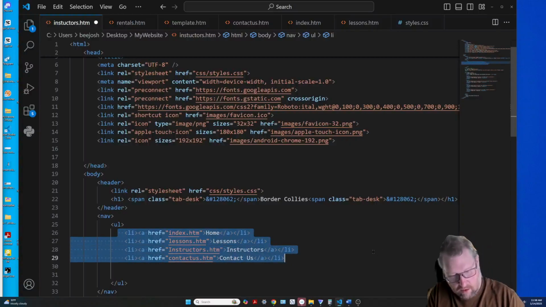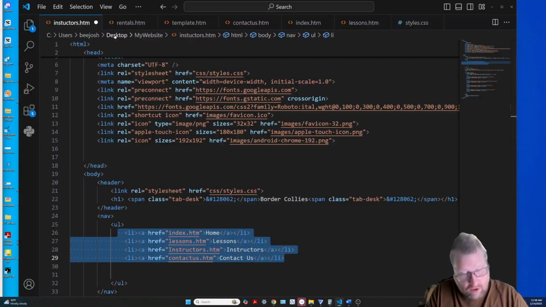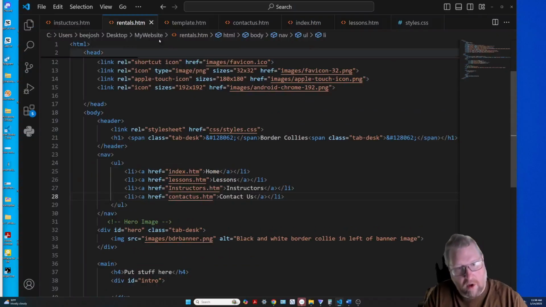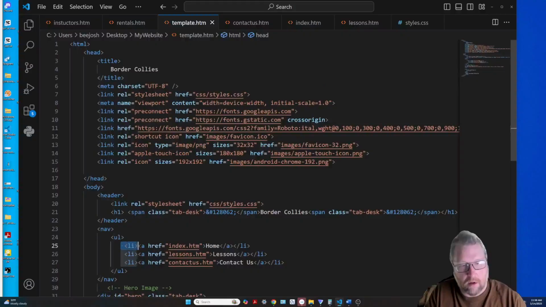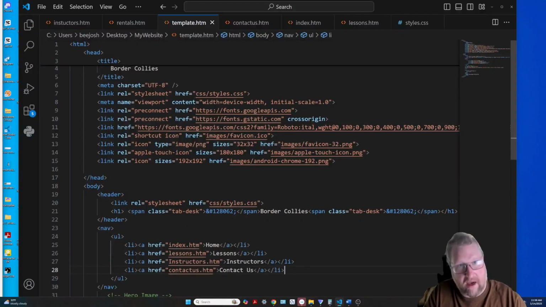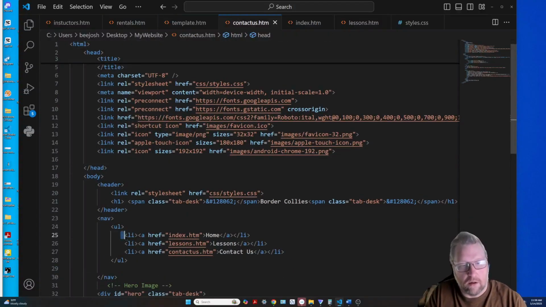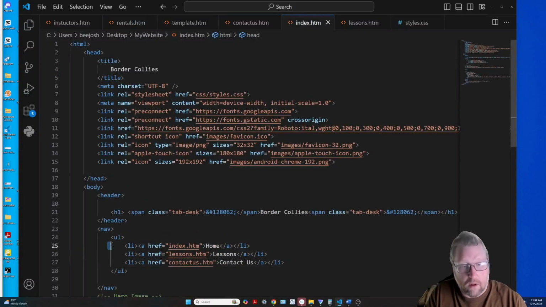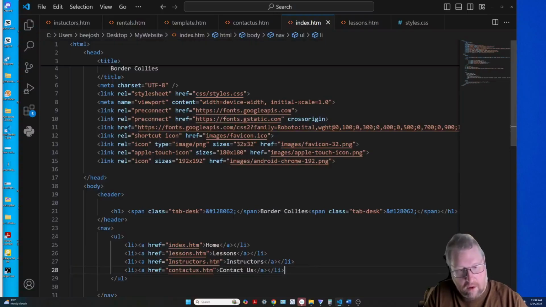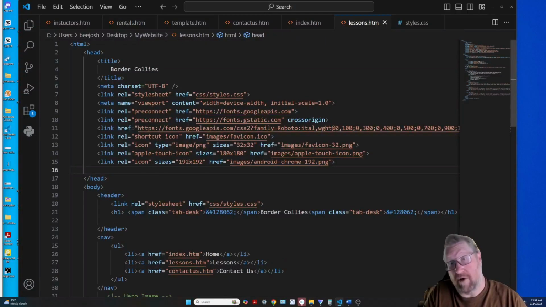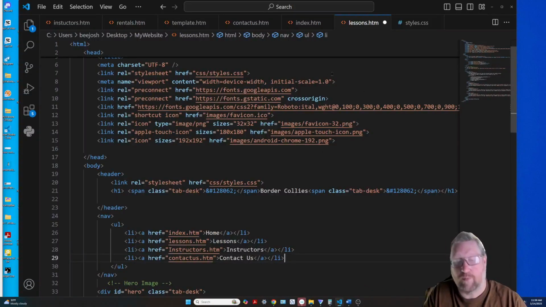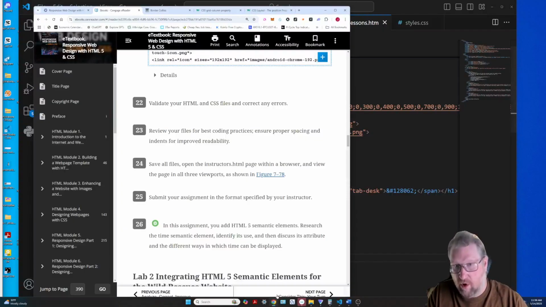Good. There. Control C. Okay, Control S. Save it. Rentals. Control V. Copy over. Control S. Save it. Template. Select. Control V. Control S. Contact us. Select it. Control V. Control S. Select it. Control V. Control S. You can just do copy paste. Select it. Control V. Control S to save it. That's it. So now when we open up our website,